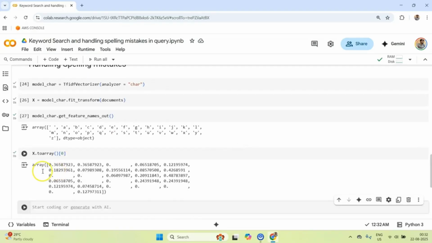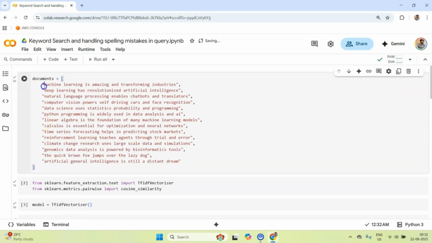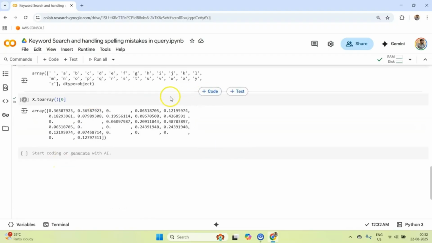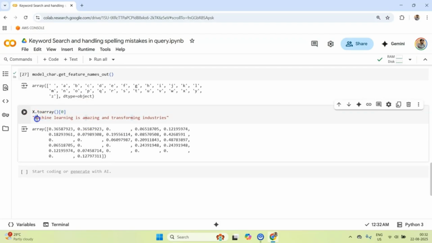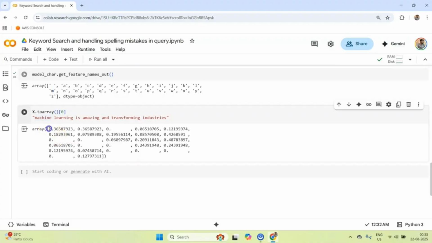So what I have done is I have printed the first array, and the first array corresponds to which document? This document. Let me print out this document side by side. Okay, so this is the document. Now it is doing a character-level study. So for example, it is not looking at "machine" but rather "m". Now where is "m"? The index starts with space and then a, b, c up to m. M would be, I guess, 30.